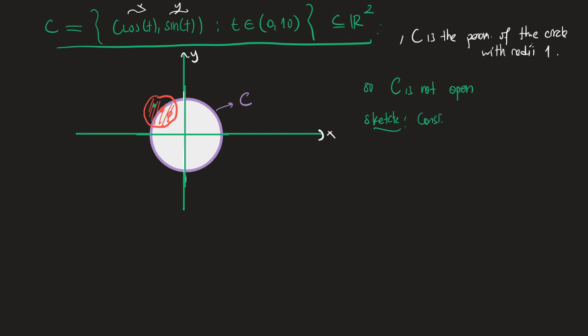Consider the North Pole (0, 1) in the circle. Given any ball B at (0, 1) with radius epsilon. Okay. Now consider